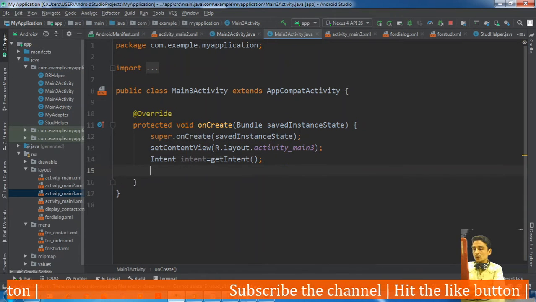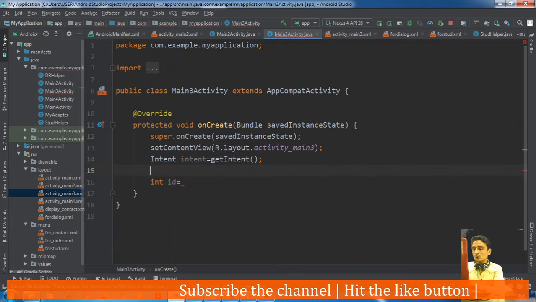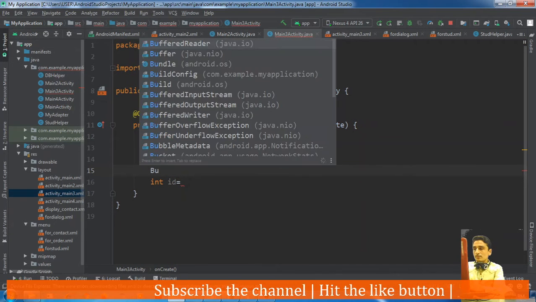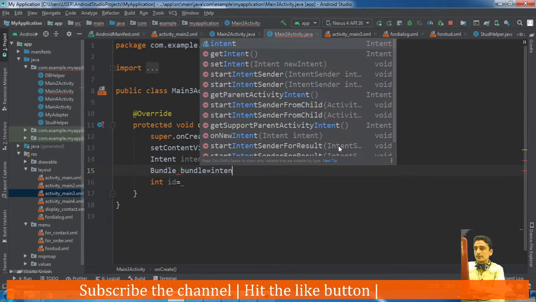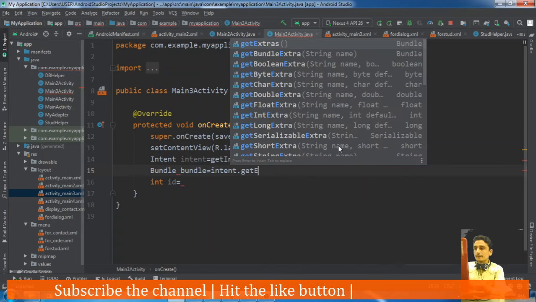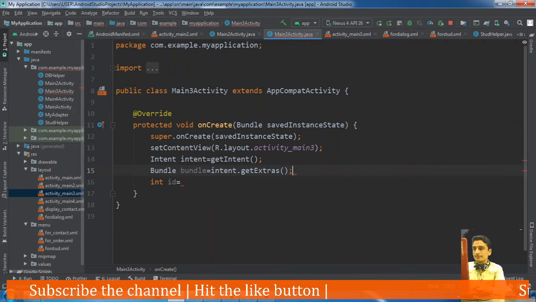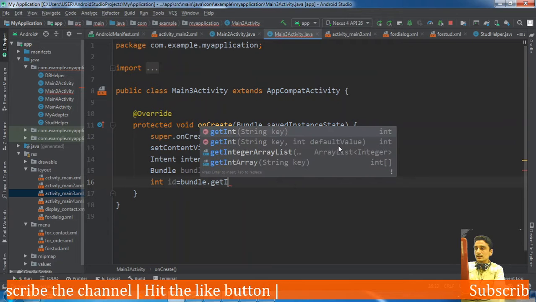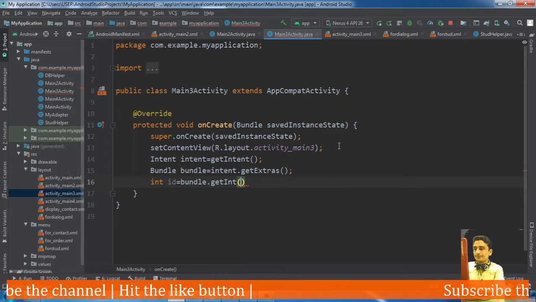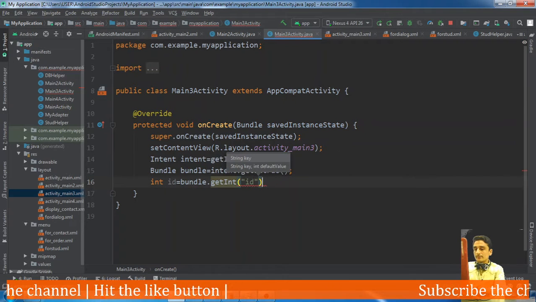So integer id is equal to, but before that we need to have a bundle equal to intent dot get extras, then bundle dot get integer id.